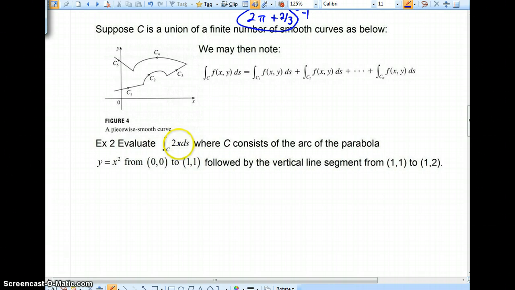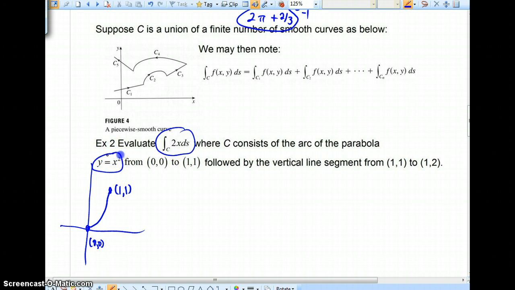Example 2, we're going to do the line integral of 2x ds, but we're going to begin with a parabola, y equals x squared. However, we're looking at just a piece of that. We're going from (0, 0) to (1, 1). Now with y equals x squared, this is going to be our first part of our curve. We could write it parametrically by letting x equal t, and if x is equal to t, then y would